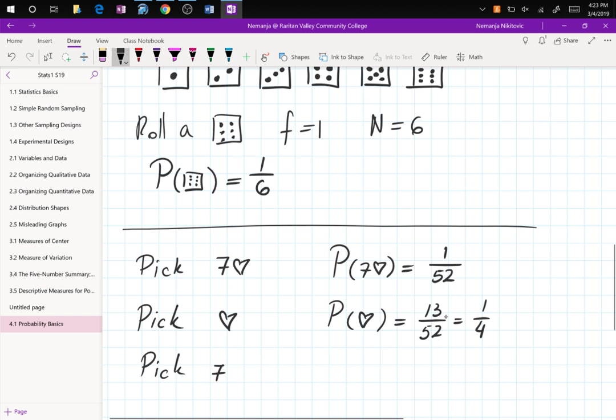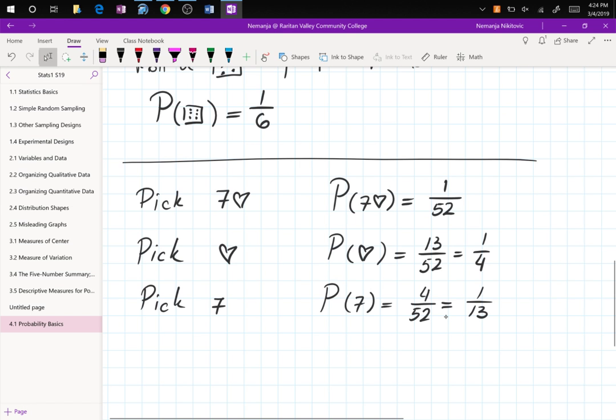And to pick number 7, well, there are 4 cards out of 52, so 1 over 13 chance of picking a 7. So looking at these, what is the most likely one to win? To pick a hearts, right? Because the hearts has the largest number. Now we can go take the calculator